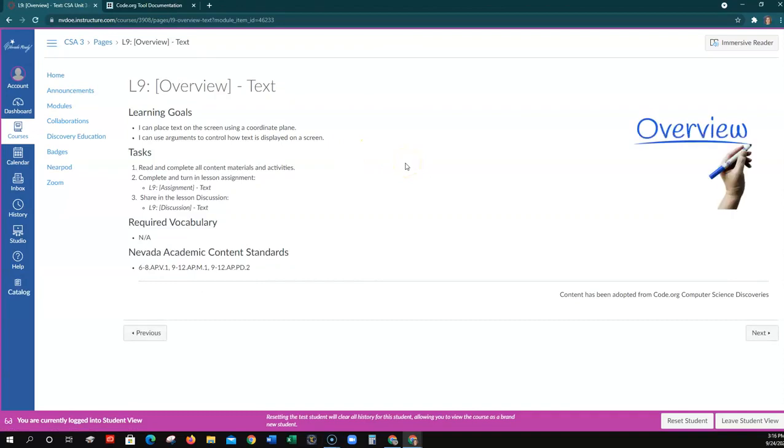And in this lesson, you're going to learn how to place text on a screen using that coordinate plane, that 0 to 400 plane that we're using in GameLab. And then you're going to learn how to use arguments to control how the text is displayed on the screen. So again, you're going to read through all the materials, complete the activities, and turn in your lesson assignment. So go ahead and click Next